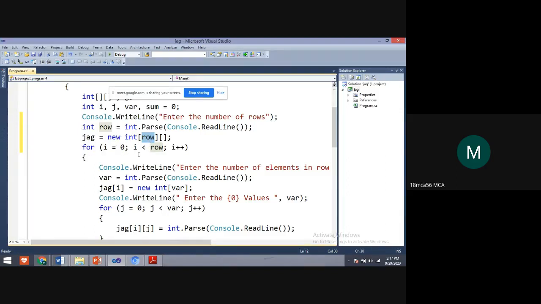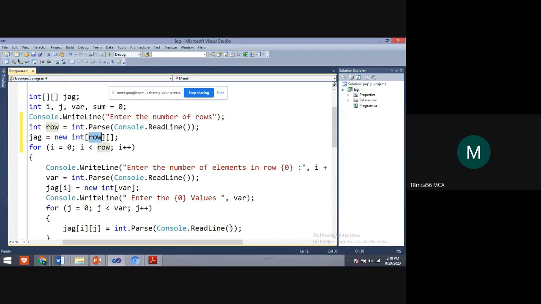Next, the loop will start. Here in the array, i equals 0. 0 is less than the row value. How much did I take? 3. I have taken row value 3, so 0 is less than 3. The condition is true. It will ask to enter the elements of row 0, that means the first row, because I have taken 3 rows.